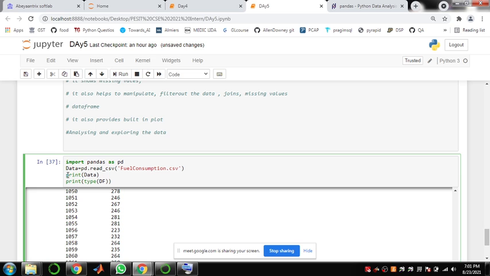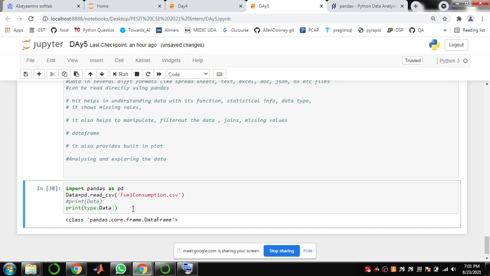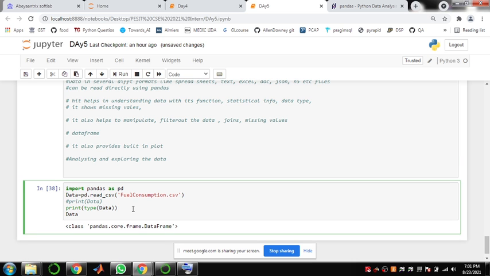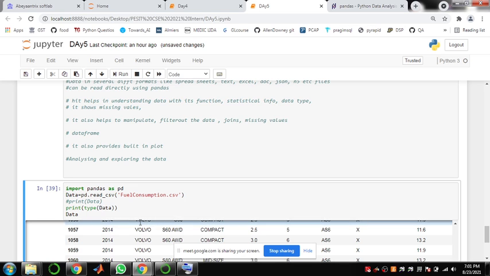Printing will not give you all the columns in one view. For that it is better to write data.head.